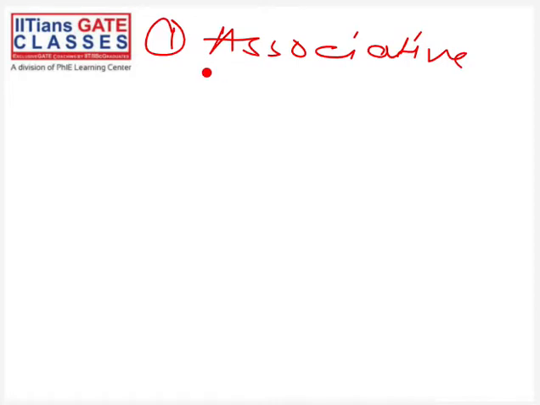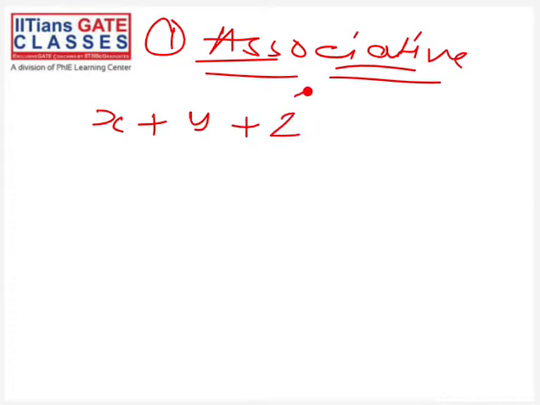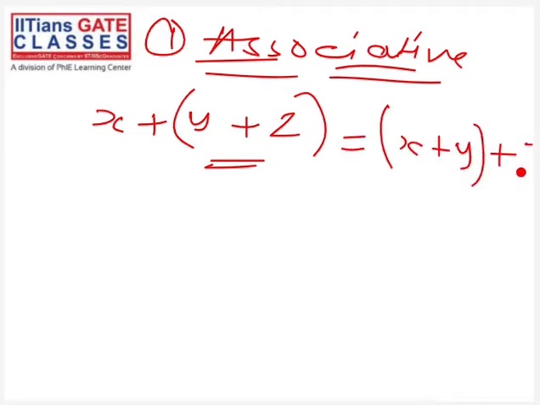We have already seen this associative property in previous chapters, but don't worry, I won't be skipping it. Let's take an example and see what an associative property is. You might already know this. In mathematics also we have seen this. For example, if we have x plus y plus z, then we know that if we first compute this, then this is actually equal to this. So this is the associative property.